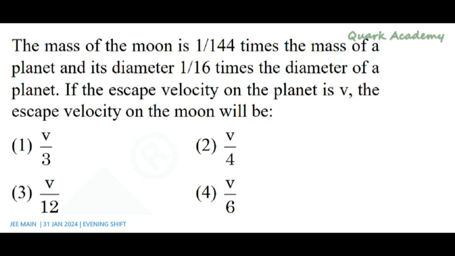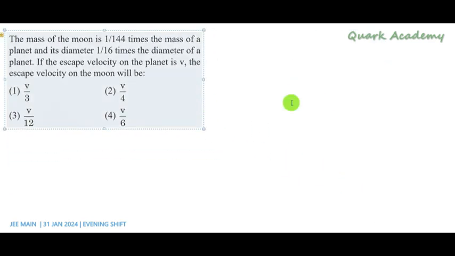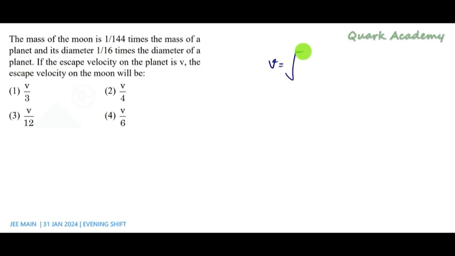This question is related to escape velocity. So here escape velocity of the planet is given, which is v, and we need to find the escape velocity of the moon. The comparison of mass and diameter is given. So first of all, we should know the expression for escape velocity to solve this question. Let me write it. Escape velocity, we can write it as root of 2g